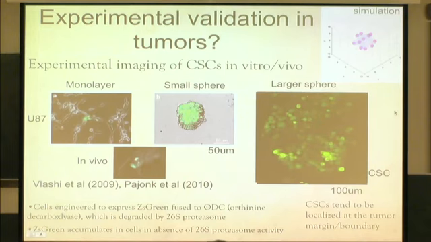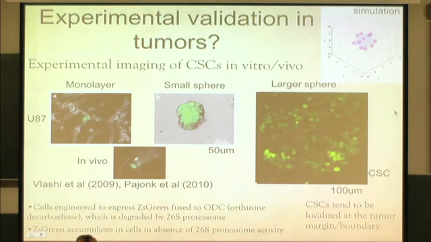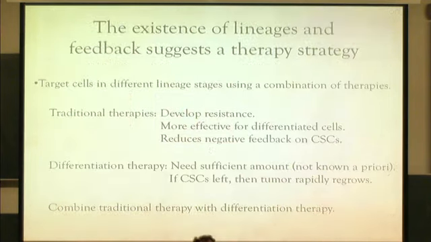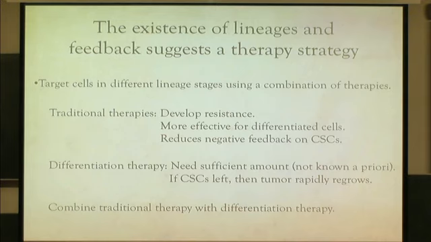And it's kind of a pancake-like structure. It's not so easy to see, but you can see the clusters. It's not homogeneous, and the clusters are at the boundary. So again, it's at least qualitatively similar to what the model's predicting. And so now, since you have lineages, and so you have different cell types, you can imagine trying to design a therapy that takes that into account.